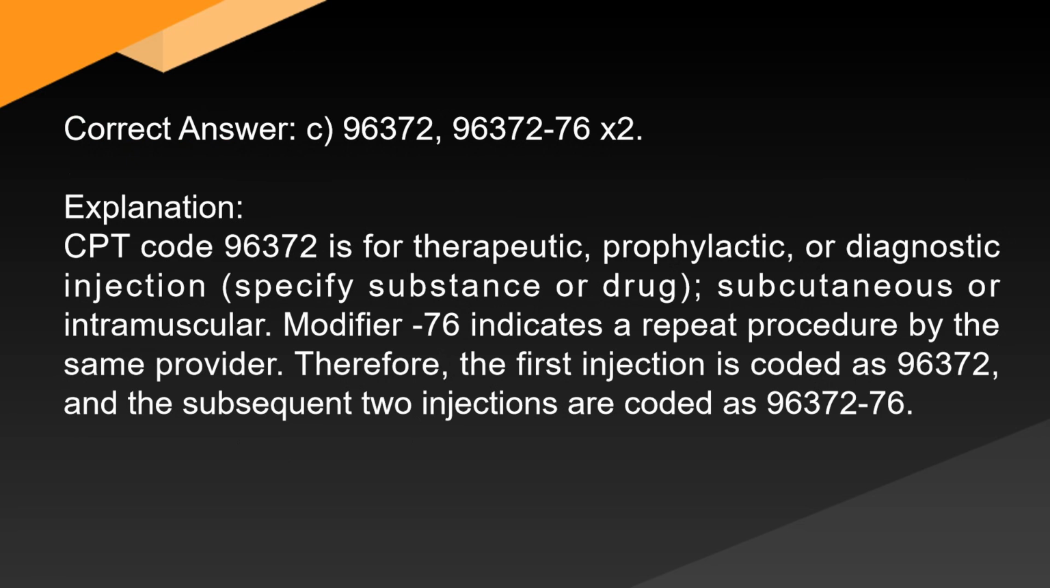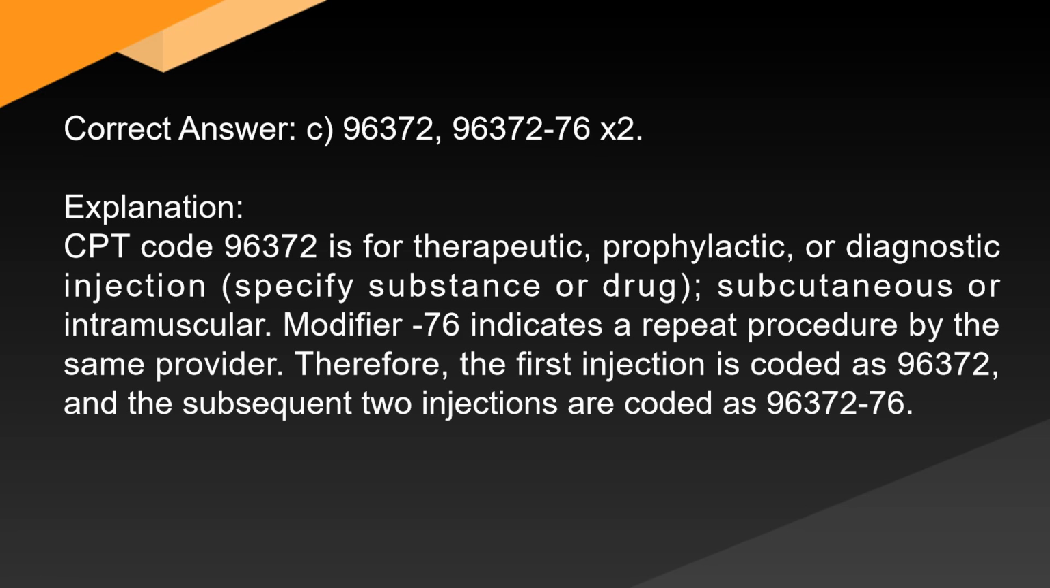96372, 96372-76 x2. Explanation. CPT code 96372 is for therapeutic, prophylactic, or diagnostic injection, specify substance or drug, subcutaneous or intramuscular. Modifier -76 indicates a repeat procedure by the same provider. Therefore, the first injection is coded as 96372, and the subsequent two injections are coded as